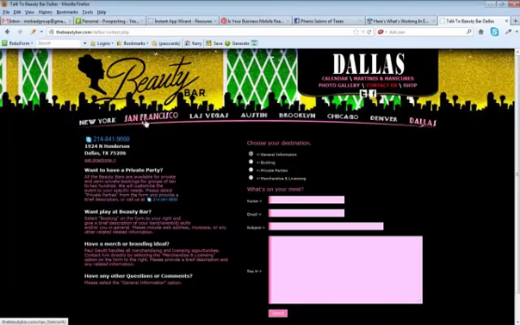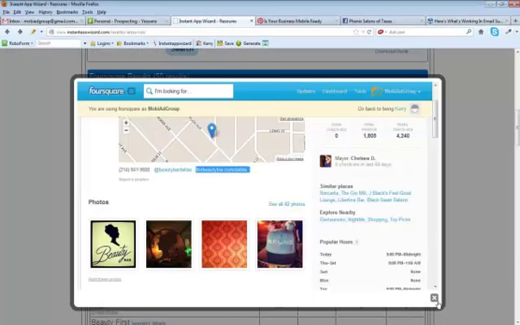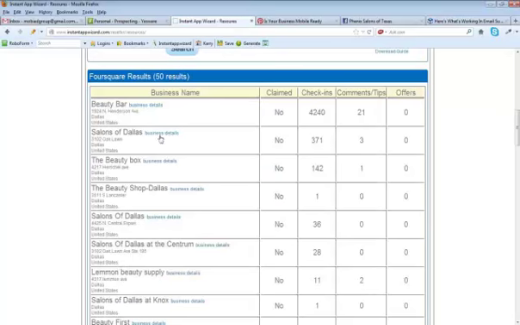So go on here. Now you can see, what is this? This place is all over the country. We got one in Austin, Vegas, San Francisco, New York, Brooklyn, Chicago, Denver, and Dallas. So this is a great lead that you've pulled up. Now let me find one over here. Let's go look at the next one.